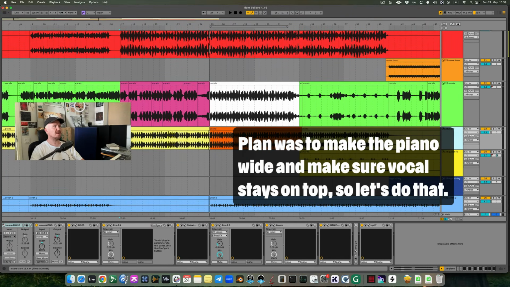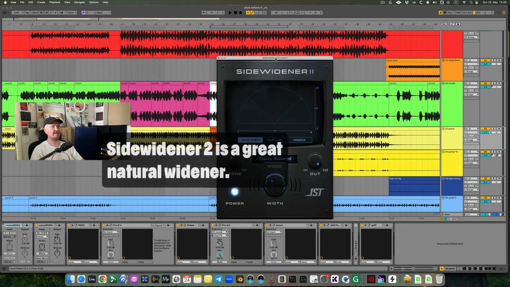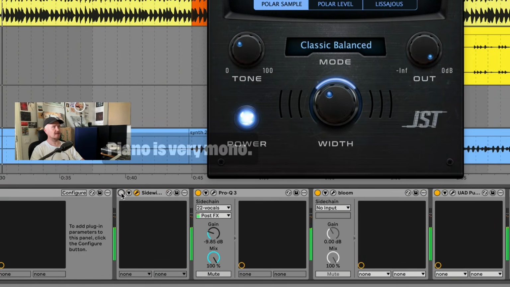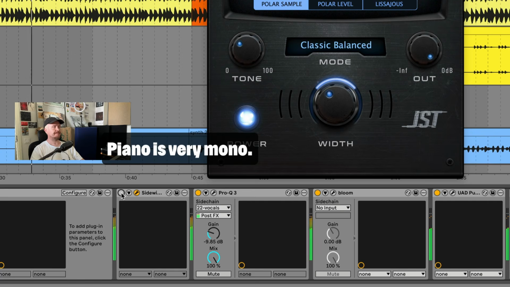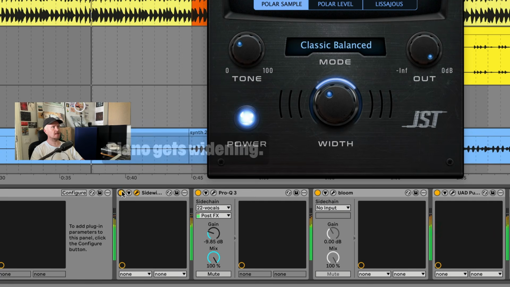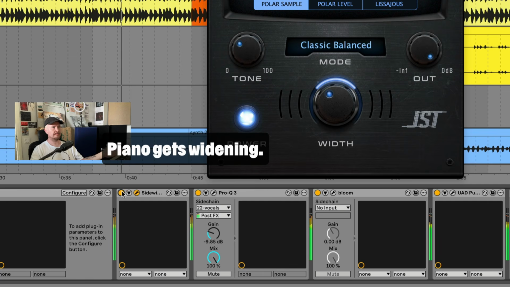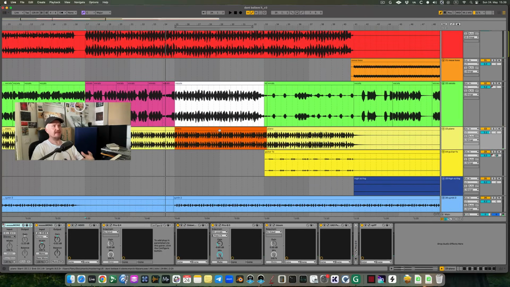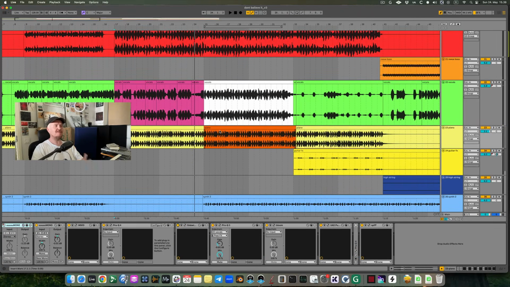So first, I've made the piano really wide using this side widener. Although this is not really the tip, I just use this. This is my favorite widener. So if I flick this off, listen to how the piano is not wide. So you hear the piano gets this width, and for so many years I've done one thing that keeps the